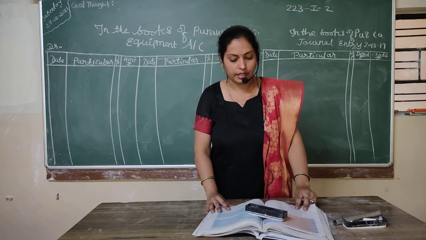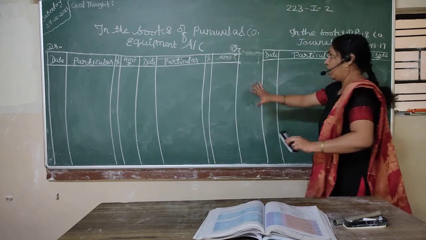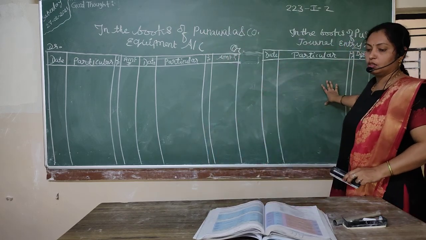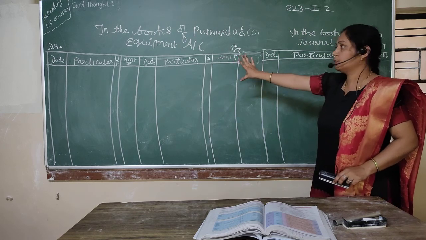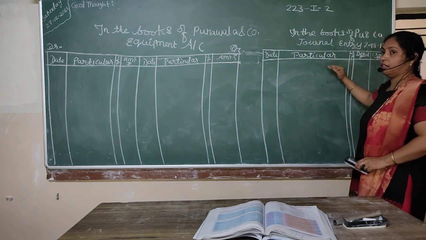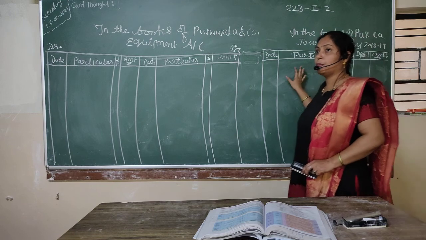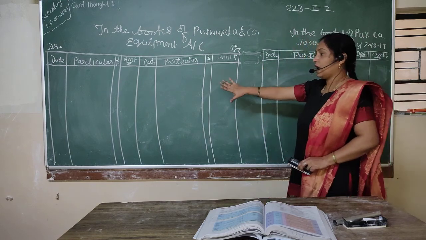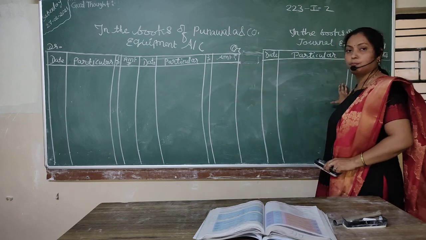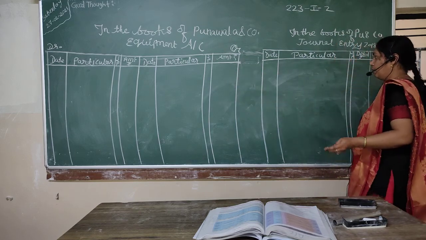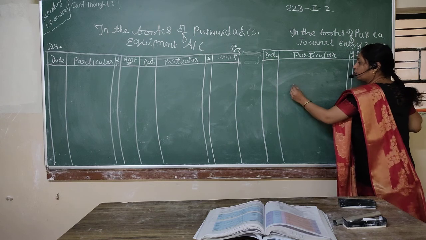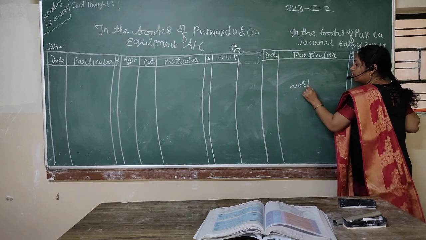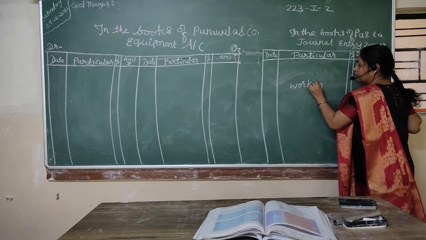How will we prepare that? After drawing these two accounts, the equipment account is being asked to be prepared, and they have asked us to prepare the journal entry for the third year only. So what I have done is drawn the format, and after the format, on the back page, you can solve this working note. First we will calculate the depreciation.